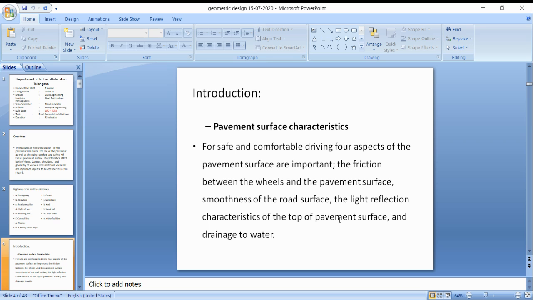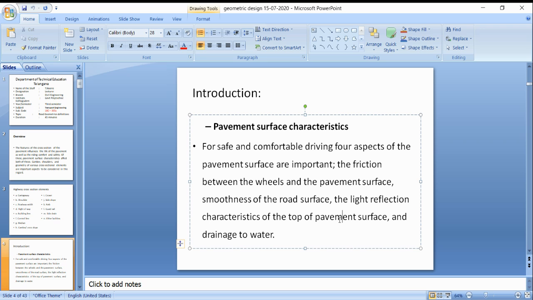So the smoothness is also important. The right reflection, the light reflection. If the road is so smooth, then the glaring, you can say, that light reflection will affect the vehicle. So here we have to see the light reflection also, and the characteristics of the top of the pavement surface and